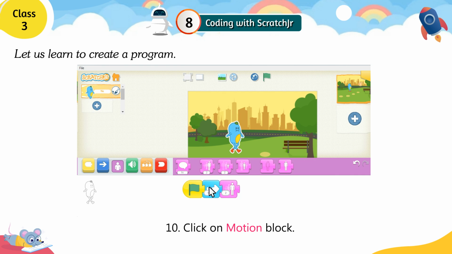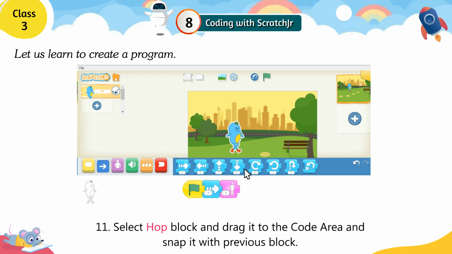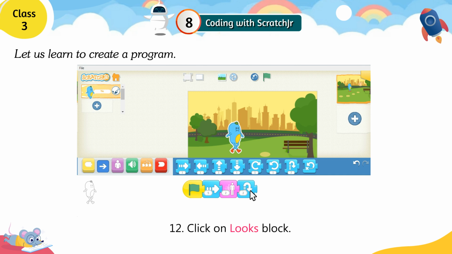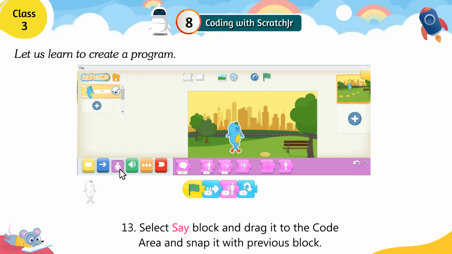Step 10. Click on motion block. Step 11. Select hop block and drag it to the code area and snap it with previous block. Step 12. Click on looks block. Step 13. Select say block and drag it to the code area and snap it with previous block.